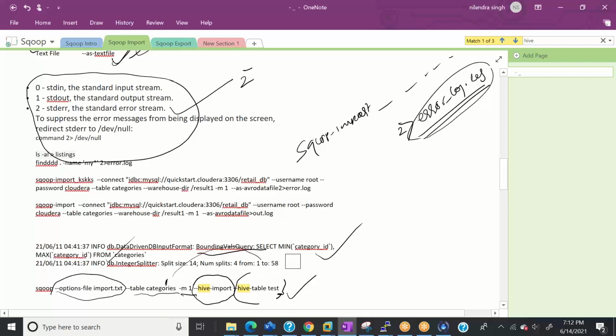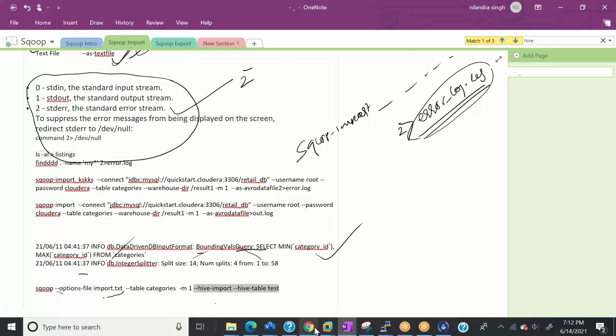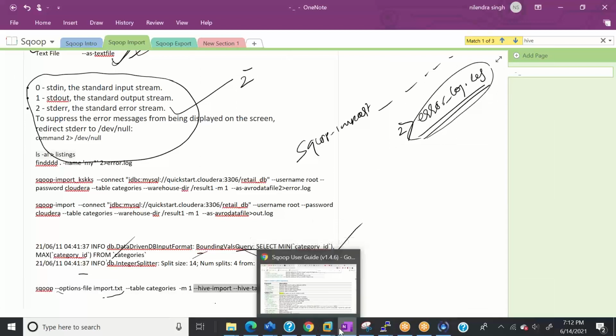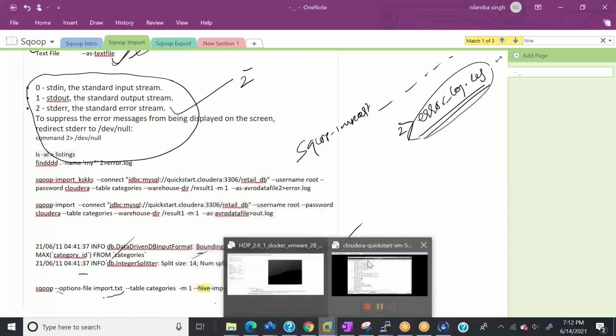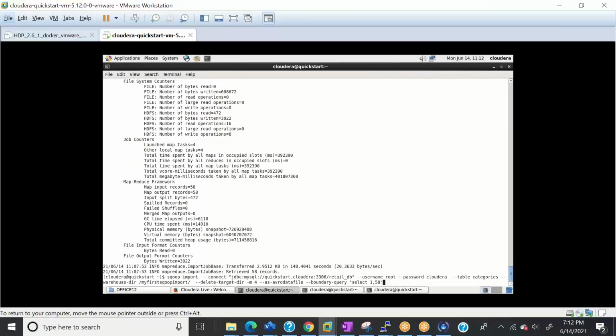In fact, let me run this thing for you, just to make sure that it works. So when you import data in Hive, you can have everything, but you cannot have delete target directory, and you cannot have warehouse directory, because obviously Hive will be doing everything for you behind the scenes, right?